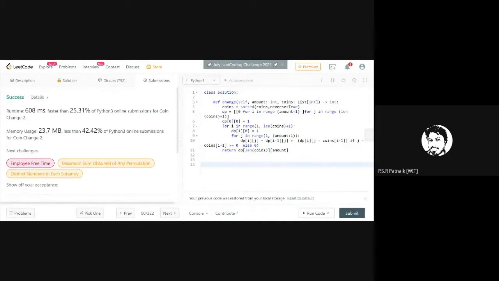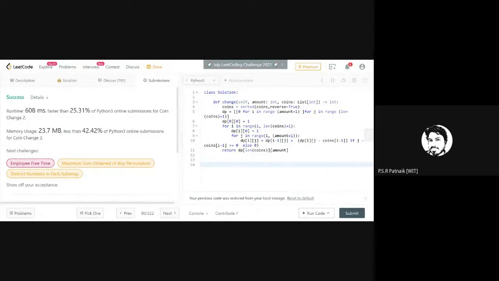Now go through all those patterns. I'm not asking you to solve them, but go through the solutions. I think somewhere or the other you will get the solutions. Some have LeetCode solutions and some have solutions in the discussions and forums, you will get a solution if you search for that problem.